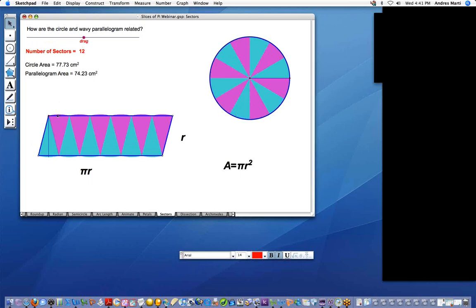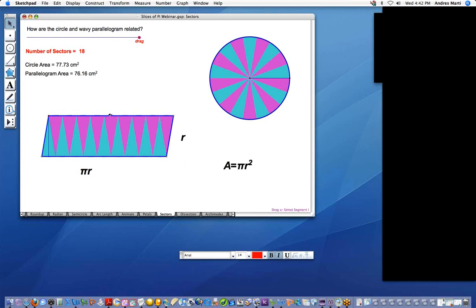And so now, even with just 12 slices, you can already see there's not a whole lot of the circle that's hanging outside of the bounds of the parallelogram anymore. A little bit, but not so much. And also, the height of the parallelogram is now almost exactly the same as the radius of the circle. They're just off by a little bit. And you can see that the farther you go, the better this approximation becomes. So here at the limit of this model, where we're at 18 sectors, you now have a pretty good fit here, where the height of the parallelogram seems to be just about the same as the radius of the circle, and the base of the